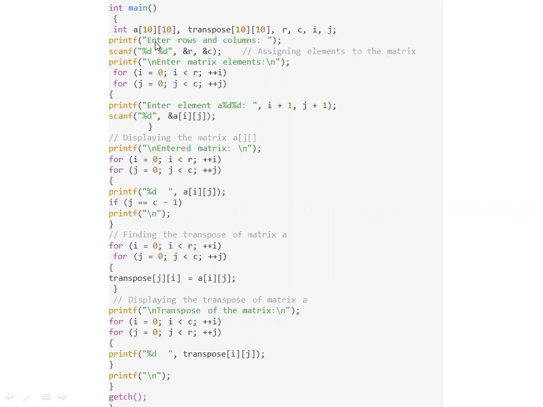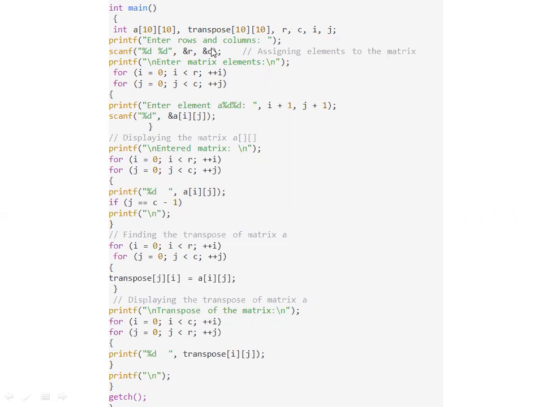We will declare the matrix A, and we have put the indices 10 and 10, which means the maximum number of rows can be 10, and the maximum number of columns can also be 10 in this matrix. We have created a matrix to store the transpose of a matrix, and this is again given by 10 by 10. R and C are the two new variables we have introduced in this section, and they deal with the number of rows and columns which will be entered by the user. I and J are the variables which will be used to iterate through the outer and inner loops respectively.